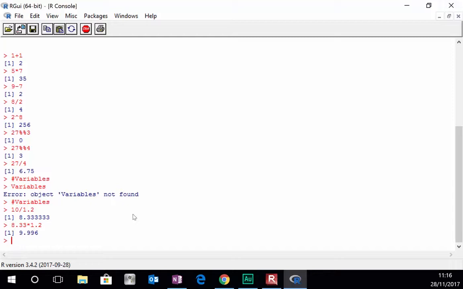So we might want to do this kind of calculation quite often. We can write a little program. We take some sort of input. We put that input in a variable, and we do stuff with that input. For example, we divide it by 1.2. There might be more complex things we want to do. I mean, this is a very simple example. It's not really worth the effort. But the more complex